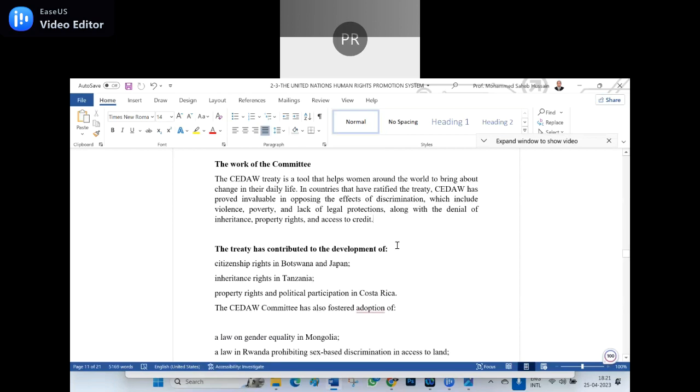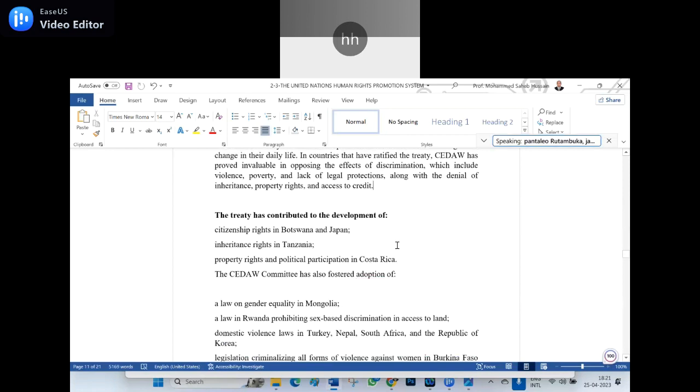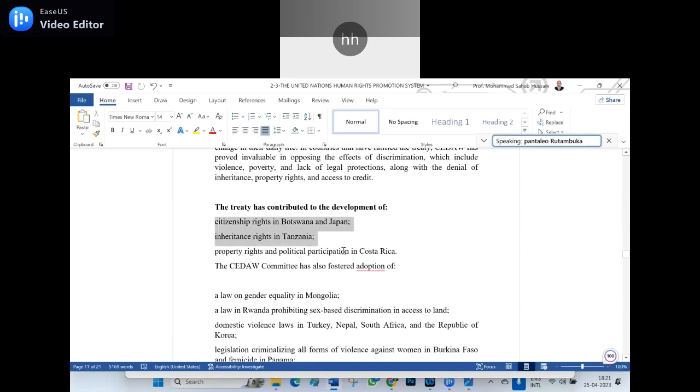The treaty has contributed to the development of... yes, one after another you read the four. Read to one person, read to another person. Citizenship rights in Botswana, in Japan. Inheritance rights in Tanzania. Yes, second person. James. Yes, sir. Read which I highlighted here. Property rights and political participation